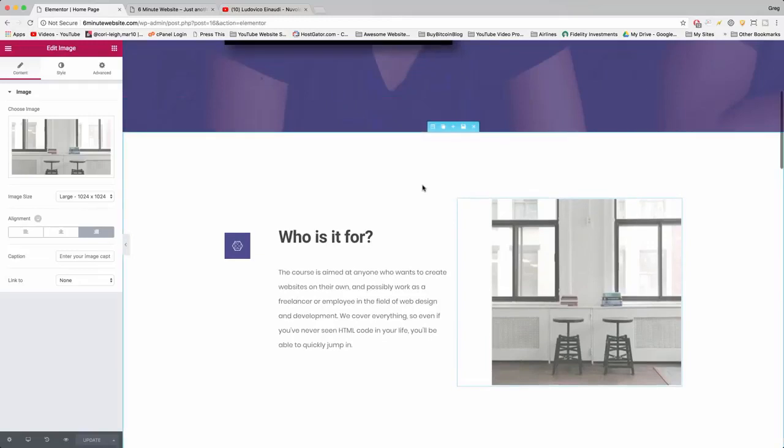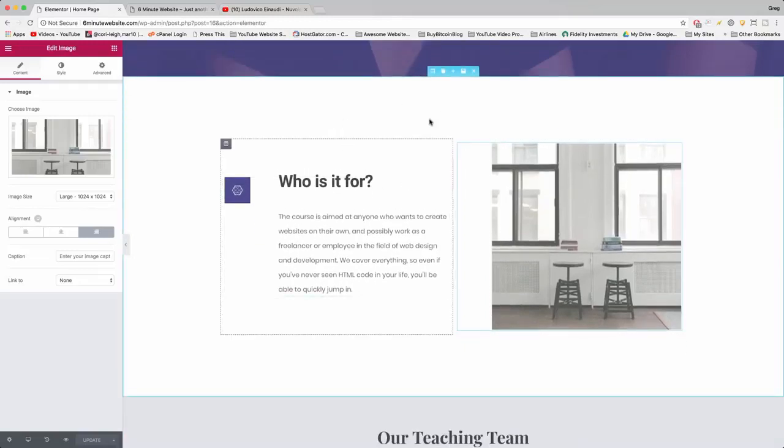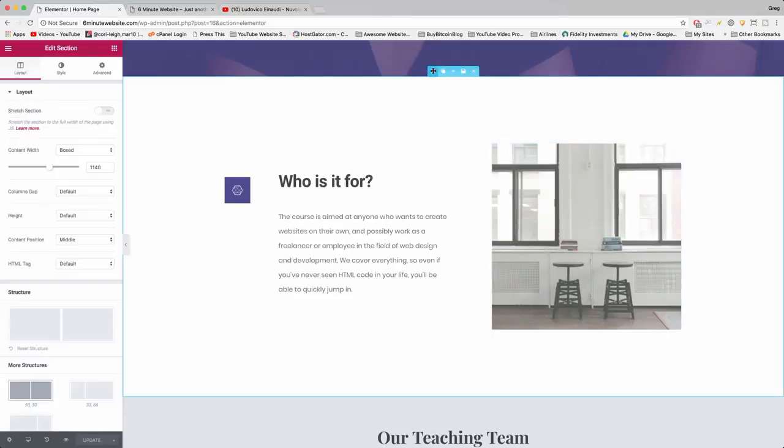And you might want to know what this section consists of before you edit. And to find out, you just hover, and then in this little blue tab on the far left, click on this little file cabinet logo. And that'll show you that this is a section, edit section. This whole space with the light blue outline around it is a section, if you wanted to create it again. And inside the section we have, if we click here,